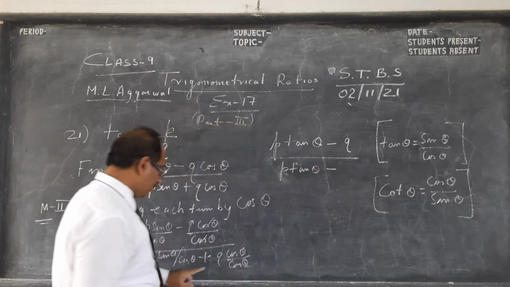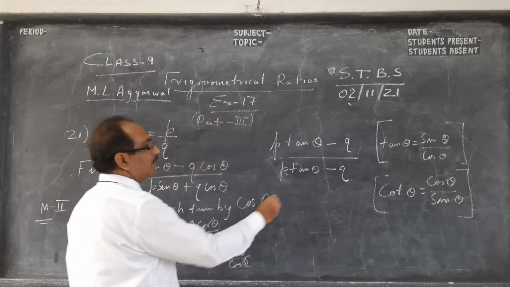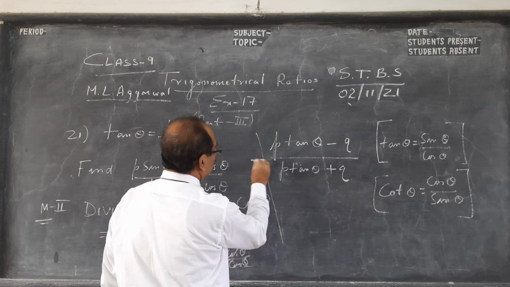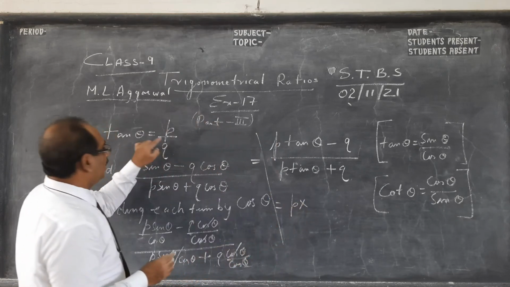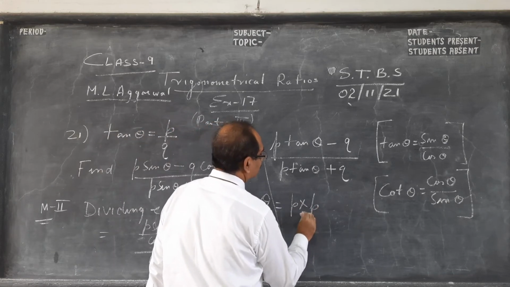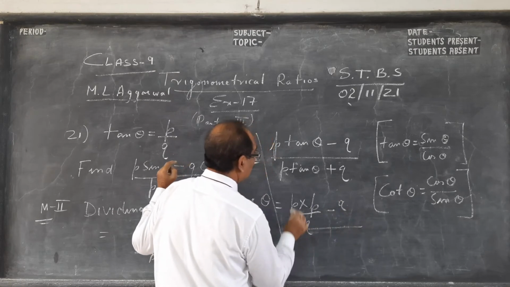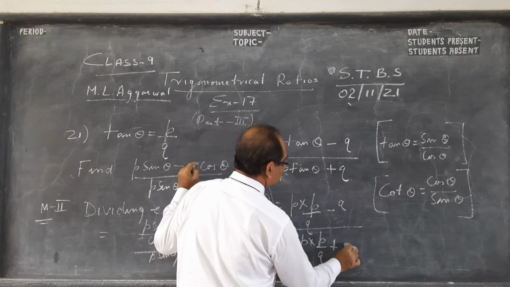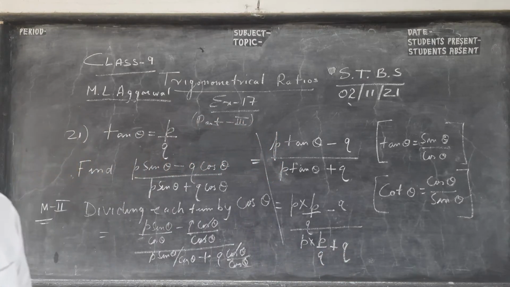After this we will substitute and cos will cancel. And one was plus and one was minus. Okay, now this is my method 2. So what happens here, tan theta is P by Q, and this is Q. So this is P into P by Q plus Q. So finally pause the video and copy, then we will go to the last part and get the answer.